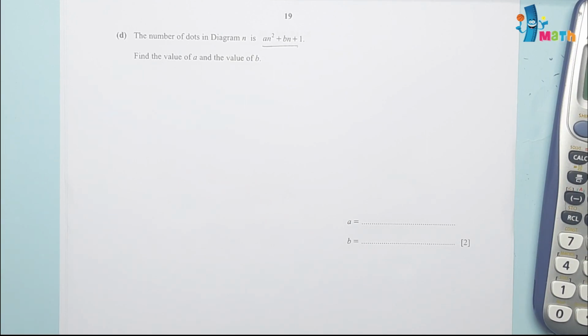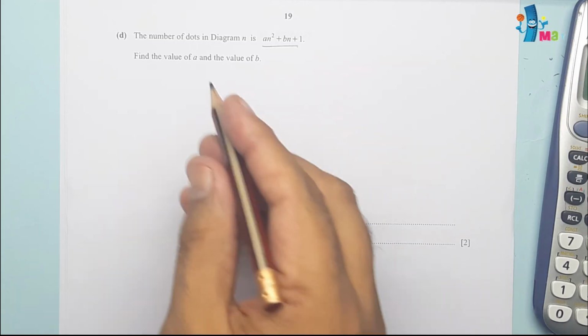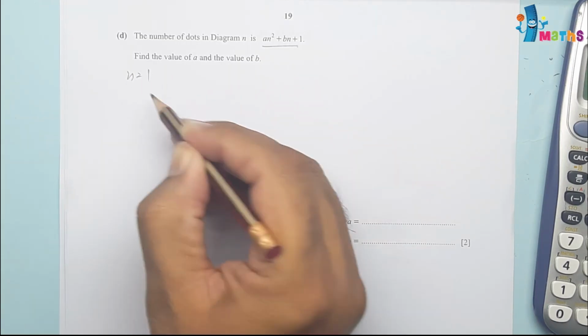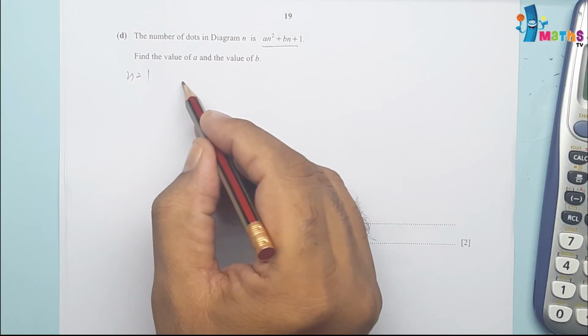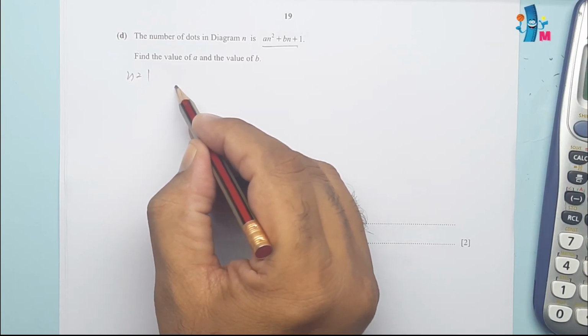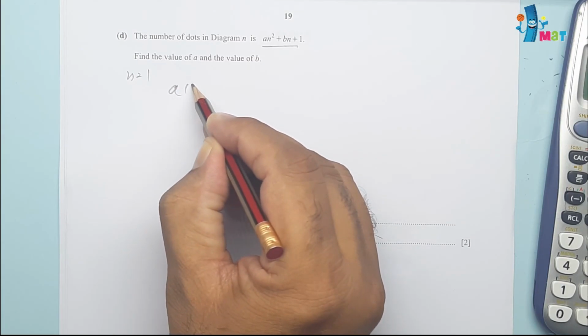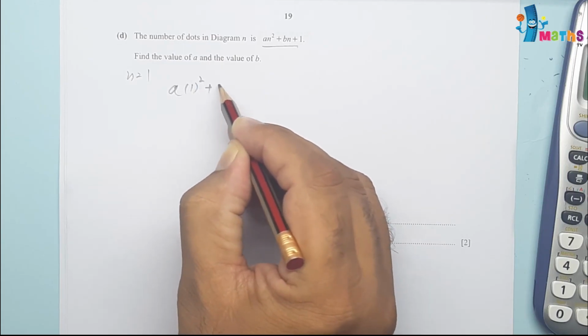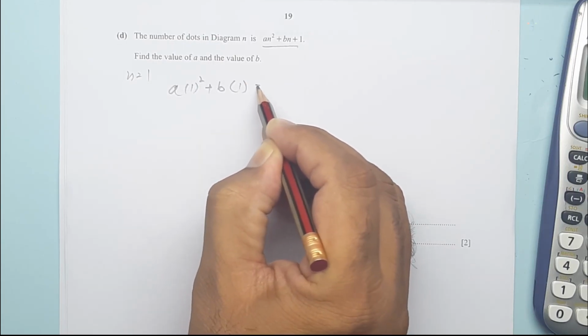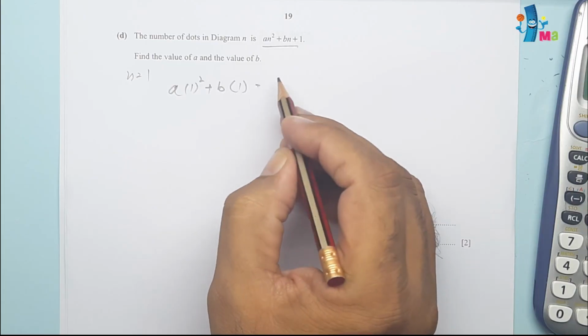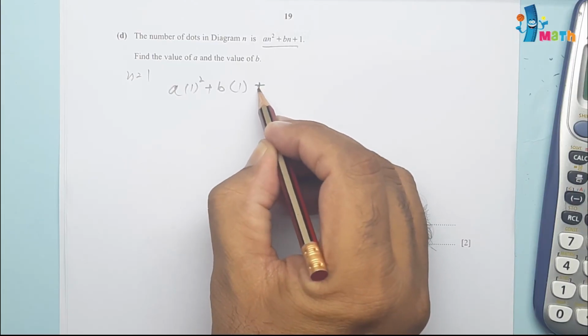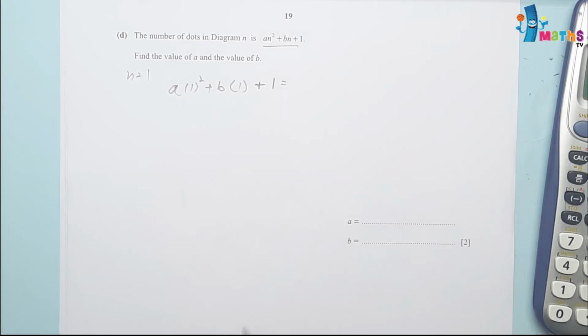We know that if we replace n is equal to 1, our equation will be a into 1 squared plus b into 1 plus 1. And we know for the first drawing it was